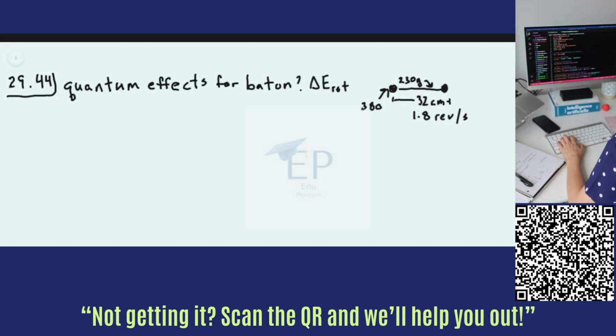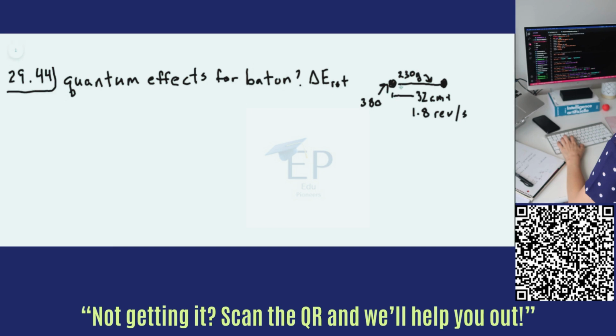29.44, do we have to consider quantum effects for normal, everyday-sized rotating objects? Your intuitive answer is going to be no, but let's be quantitative about this. So we want to find the